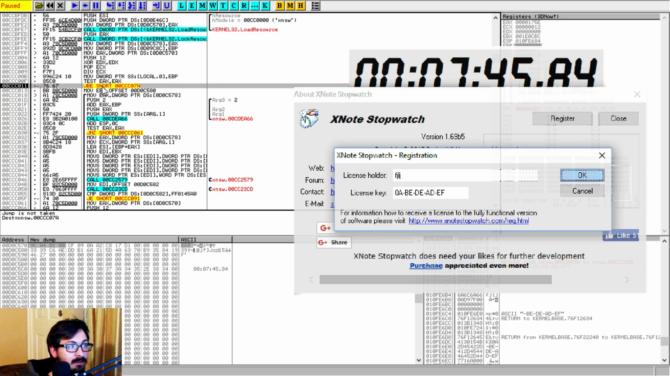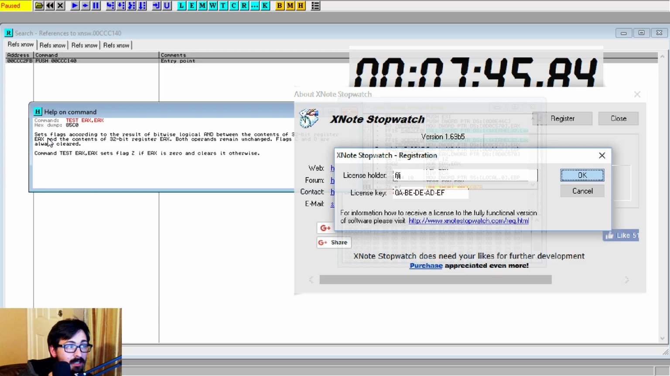Anyhow, so we see that it's not going to be taken because we're testing against itself. Let's see here, help on command. Sets flags according to the result of bitwise logical AND between the contents of 32-bit register EAX and the contents of 32-bit register EAX. Now, if you are ANDing something with itself,